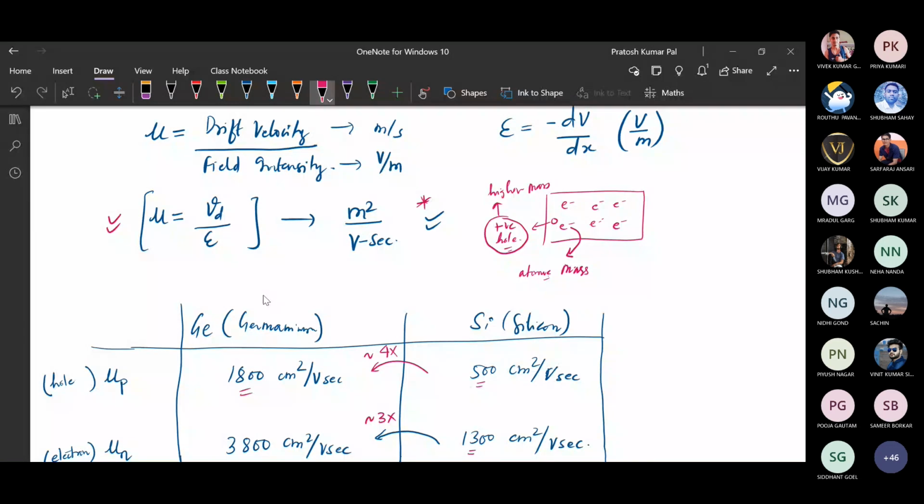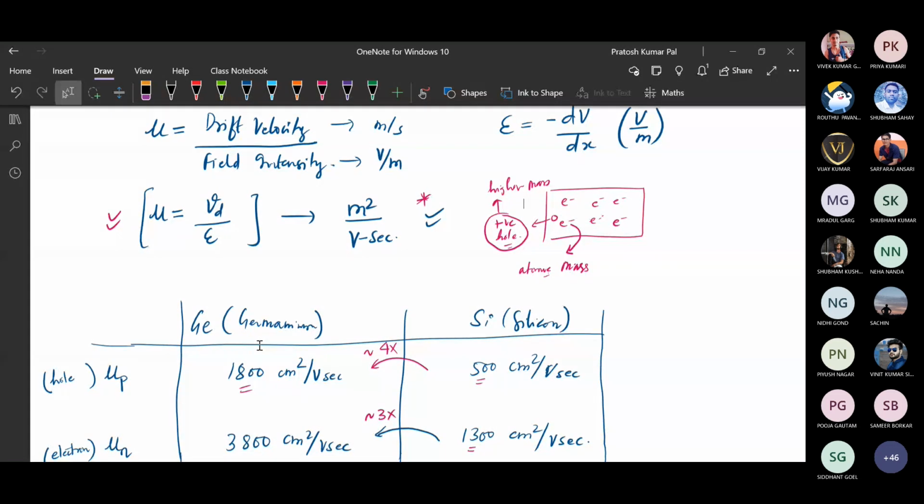So that can be one of the reasons why the mobility of holes can be smaller than the mobility of electrons. It is a movement of charged particles. These positive and negative charged particles are moving, so movement will definitely depend on the atomic mass, or whatever its weight is. If it has higher weight, its movement will be smaller. So with that concept, we can find that holes will have a smaller mobility.